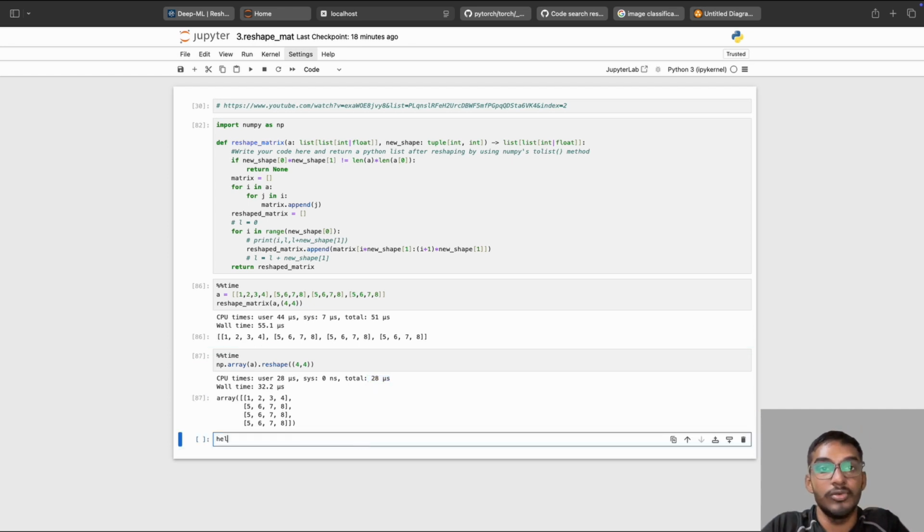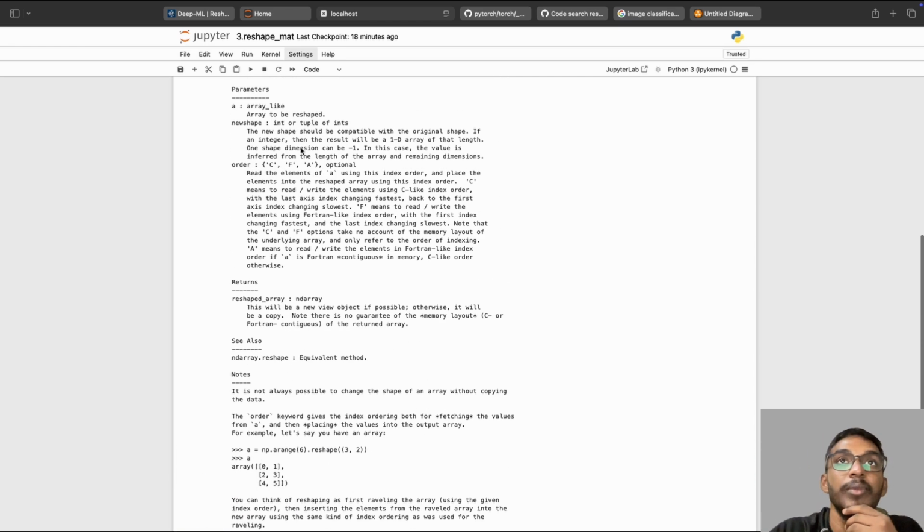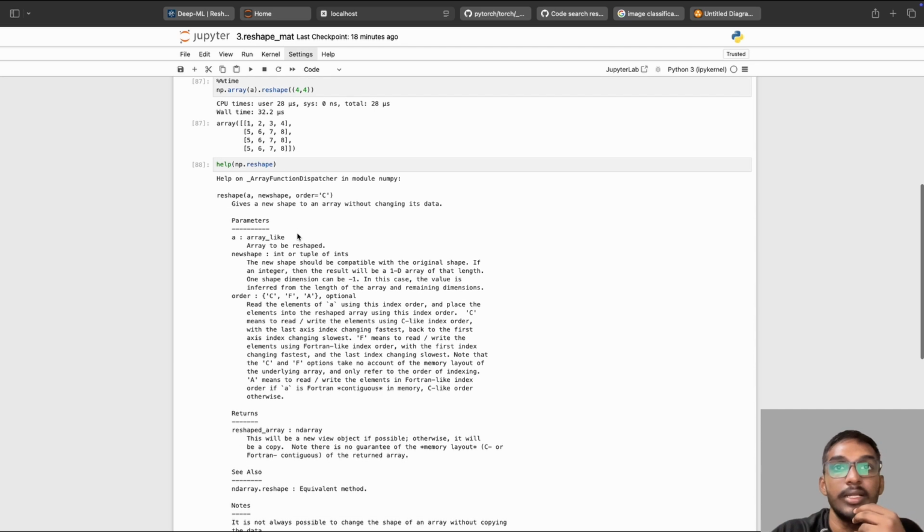If you see the help function np.reshape, you can probably get all the methods, that you have a new shape, and the order C, like C or F, and then it's an optional argument. Read write elements in C order last. Okay,